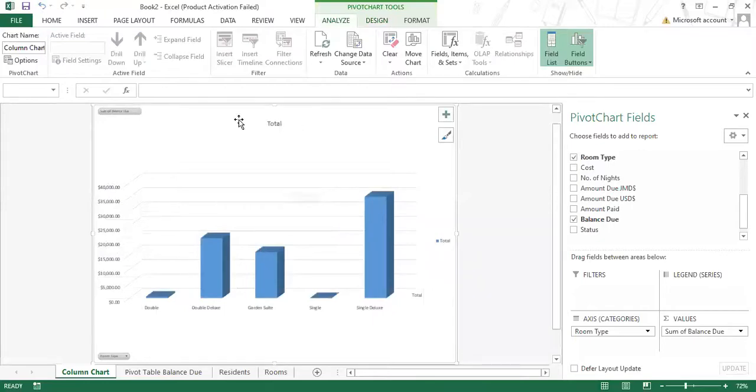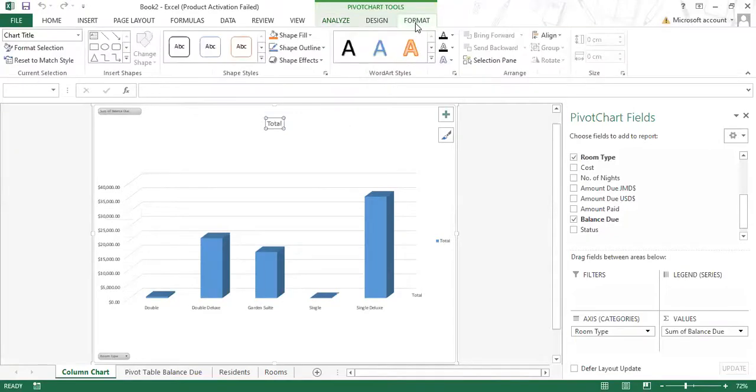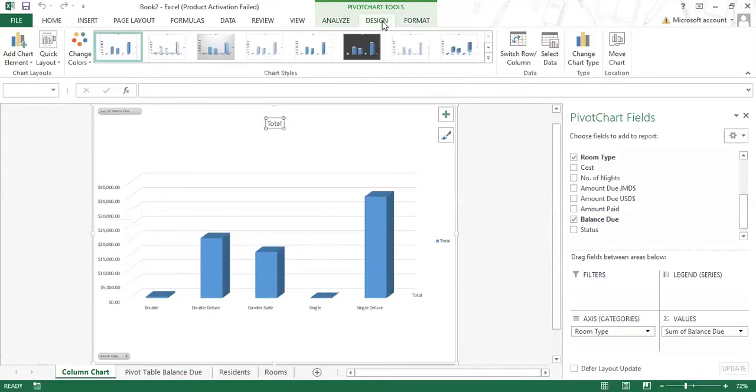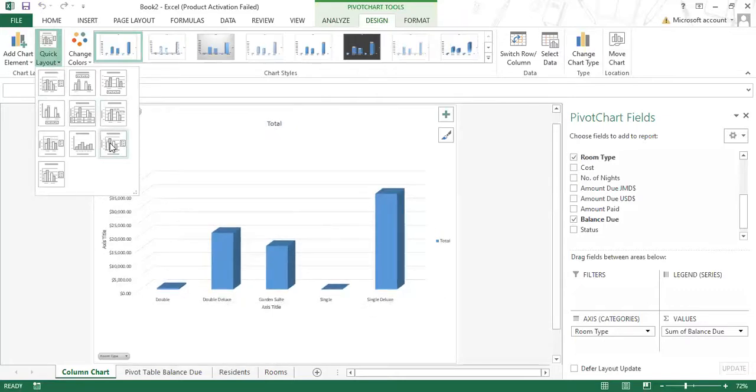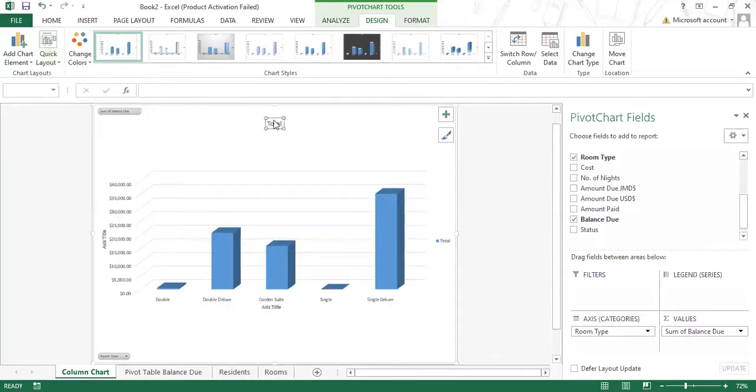Now I want to ensure that the chart has a label, a heading, a title. It must have X and Y axes. This particular format does not have it. So what I'm going to do, I'm going to go to the design tab, and where it says quick layout, I'm going to click on it. It's on the left hand side of your ribbon, and I'm going to pick a layout that has chart title and X and Y axis labels, which is layout 9. I'm going to click on layout 9 and I'm going to type balance due based on room type,